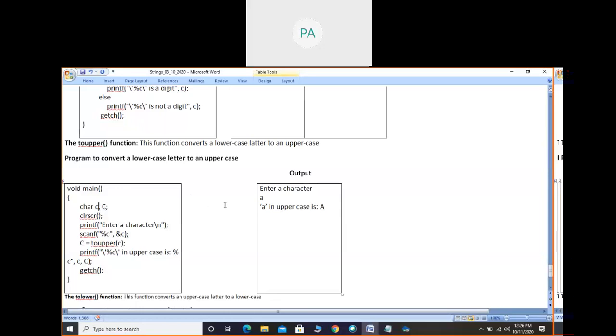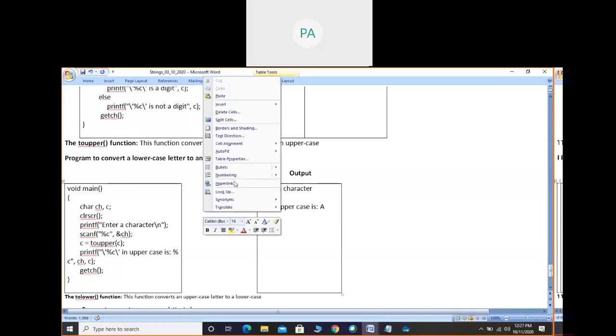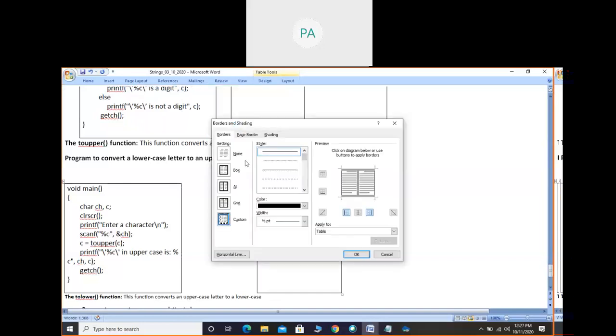Here I will change the variable names because you might get confused. So this should come in one line actually.